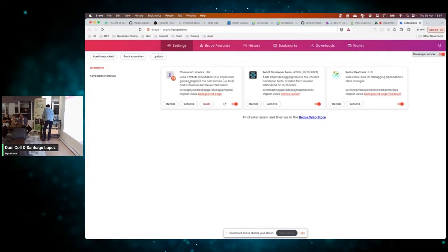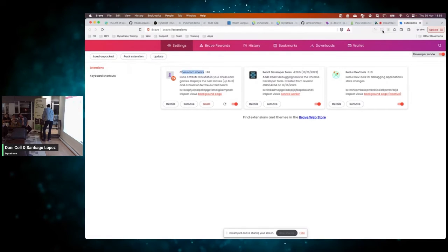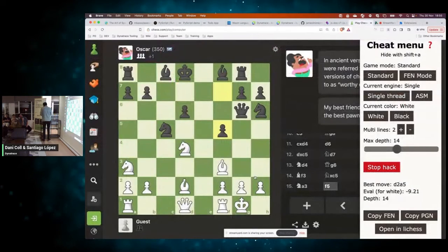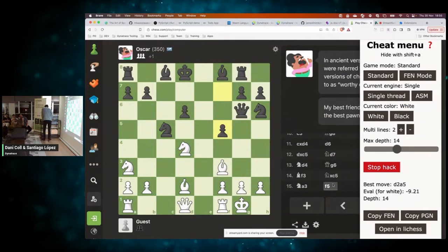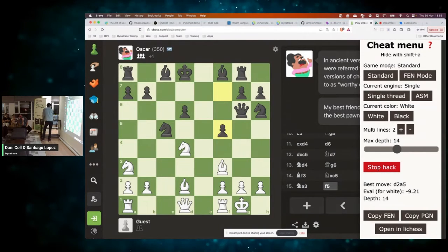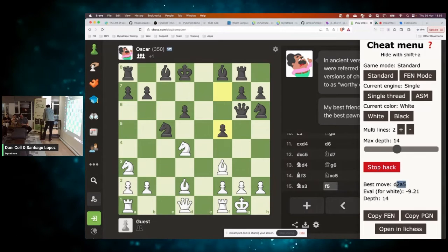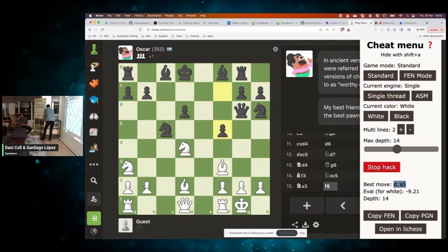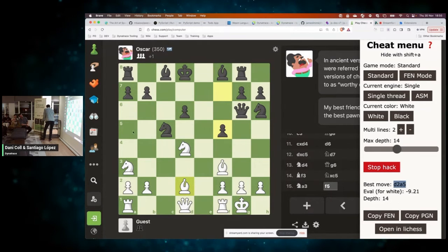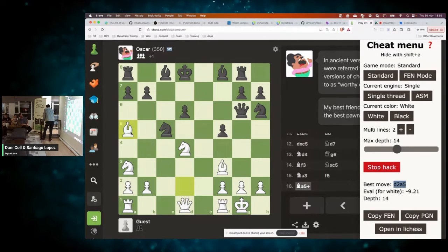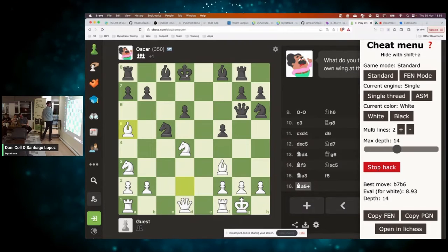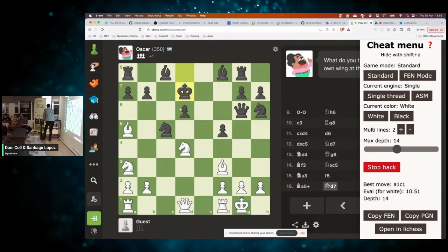Extensions I have installed in here. And now if we go to chess.com, we can have our cheat menu that is created from our extension, and it's telling us which is the best move, which is moving d2 to a5, which is moving this bishop in here. So I check the king and